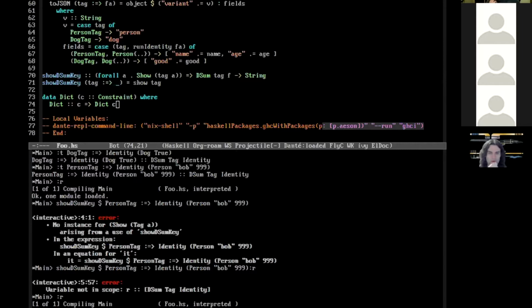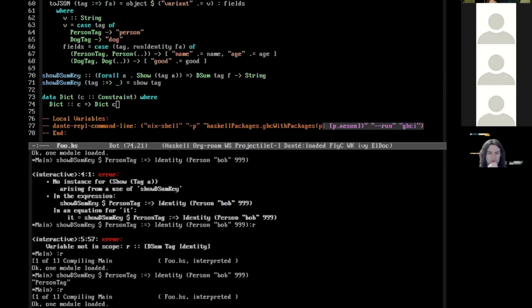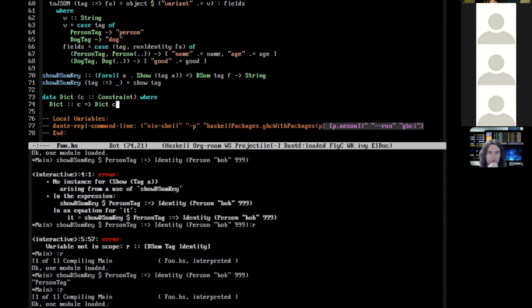If I ask for the dictionary for functions from Bool to Bool, there's no instance for that, and that will fail to type check. And then when I pattern match on a value of this type, it brings the constraint into scope.